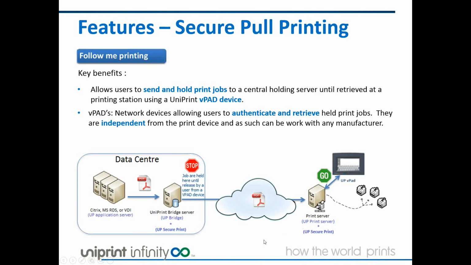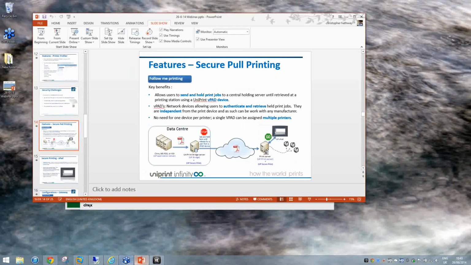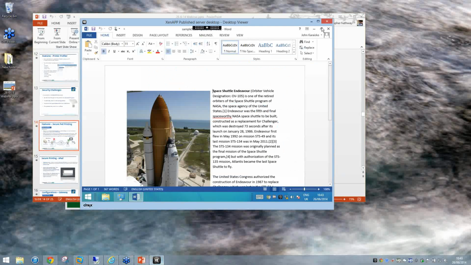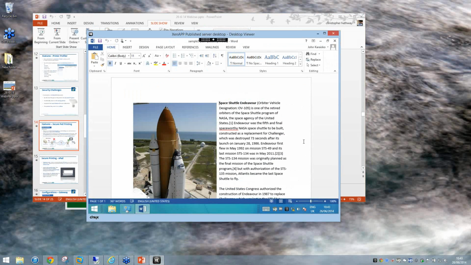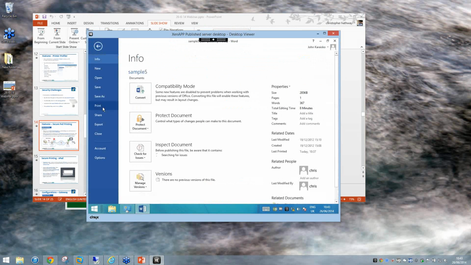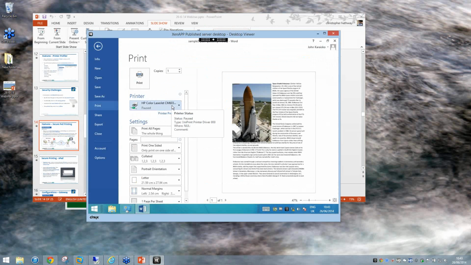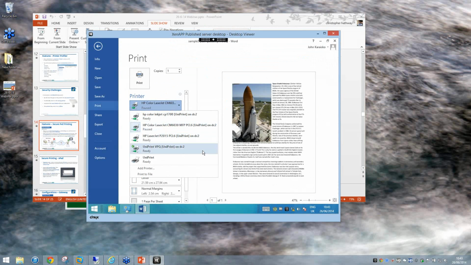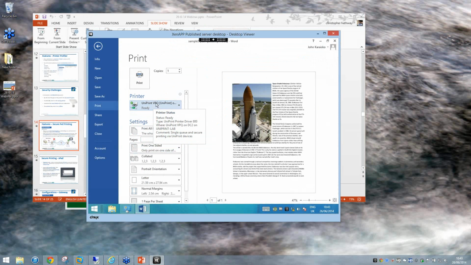So I'm going to shift over to the lab. Actually, if I just come in here, we're going to go back to our client, because I'm going to show you how the users send their jobs to the VPQ. It's very simple. We file and print, and in the printer list here we can see we've got this queue, the UniPrint virtual print queue. I can send jobs directly to this,